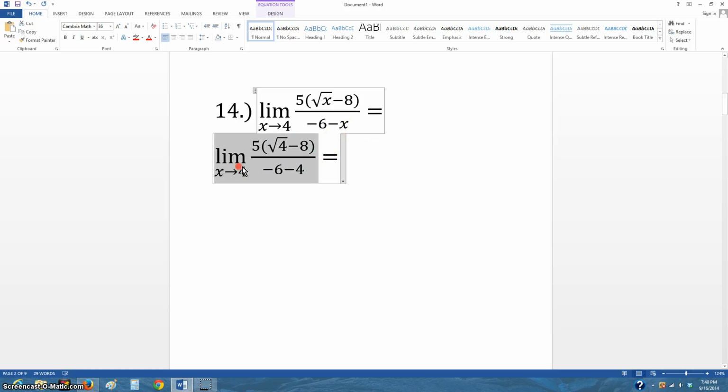Let's see, what do I get for the numerator? I have the square root of 4, which is 2. 2 minus 8 is negative 6, and negative 6 times 5 is negative 30. Then here I have negative 6 minus 4, which is negative 10. Well, the limit of negative 30